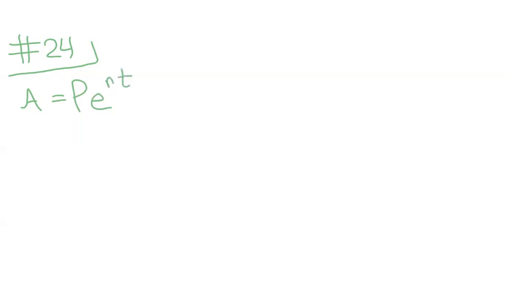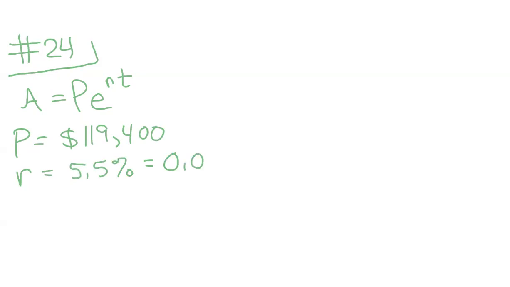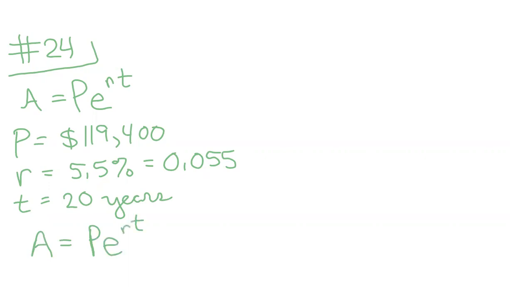So for us in number 24, we're given a P value, not P value like stats, but P equals 119,400 at a rate of 5.5%. So 0.055 as a decimal, compounding continuously. So this formula for T equals 20 years. So we just fill out our formula. A equals P times E to the RT, which is